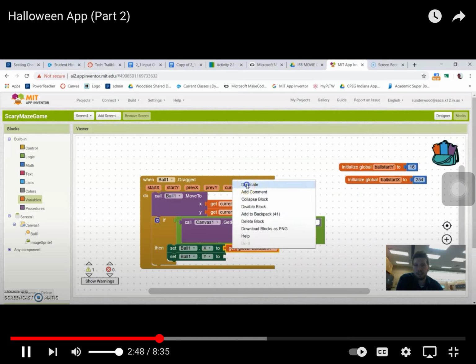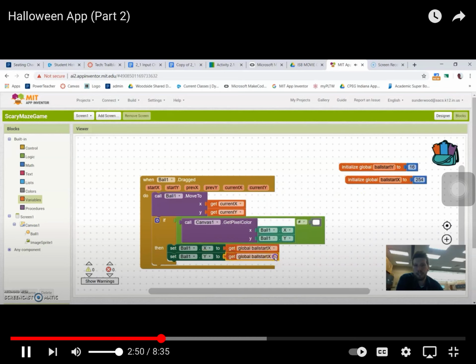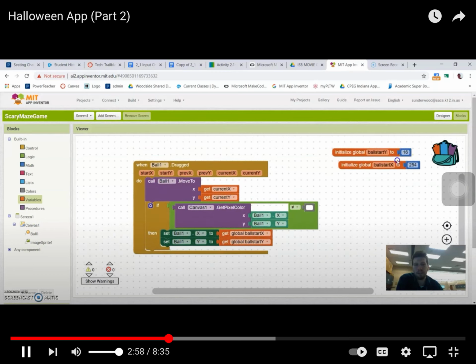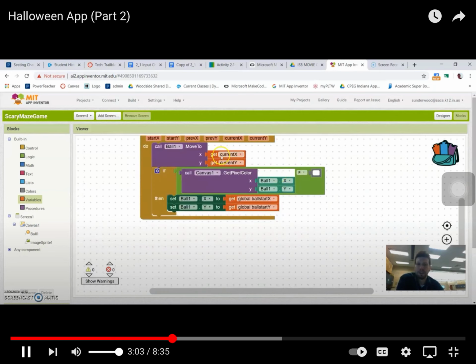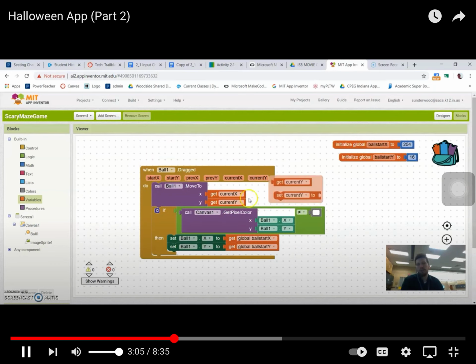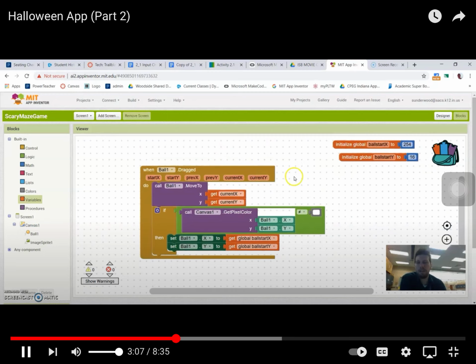And I can just duplicate this. And I need to update this to say ball start Y. So now this says if I touch anything but white, it's going to move my X back to my original X and Y locations that we set up here. Okay, so this is most of the code. We have the ball moving around the maze at this point, and if you touch the black, it will send you back to the beginning. It's going to be a little glitchy, as you'll find out, but for the purpose of this one-day little activity,